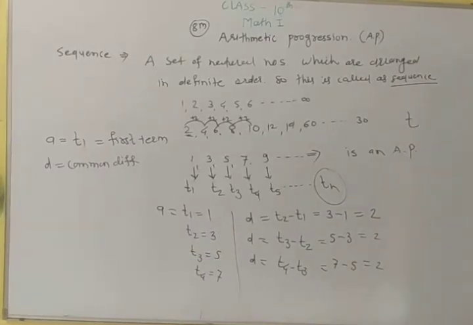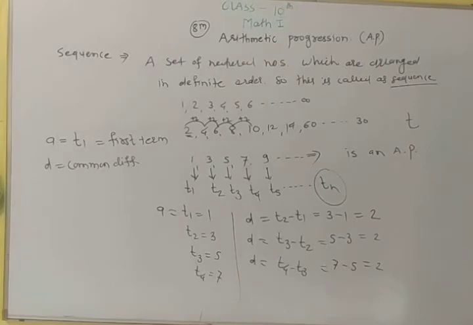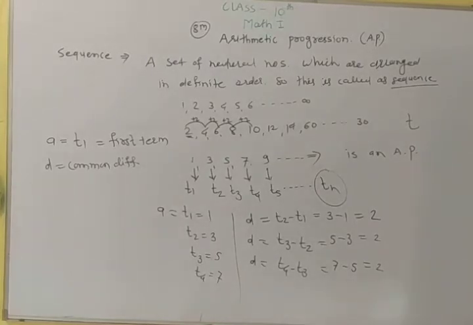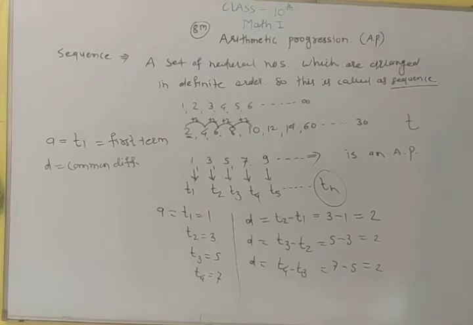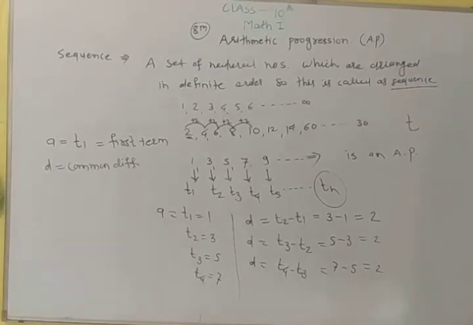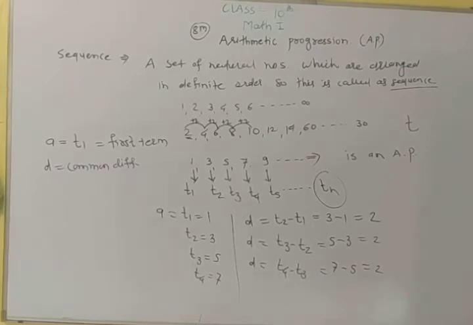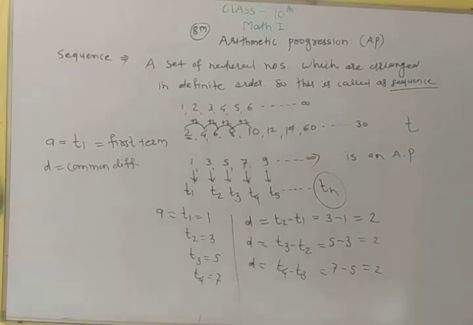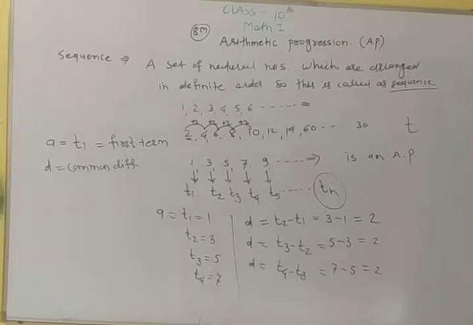Let's remember, in a sequence, if the difference Tn plus 1 minus Tn is constant, then the sequence is called an AP. Second point is, in an AP, the difference between two consecutive terms is constant, or same, and it is denoted by D. Third point is, difference D can be positive, negative or 0.